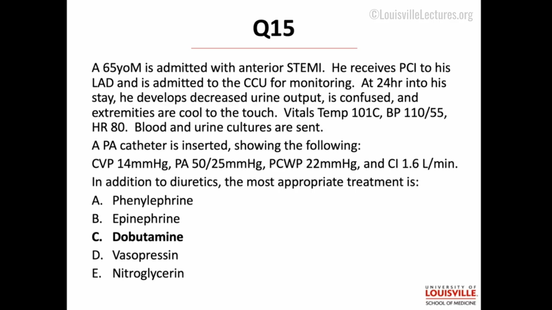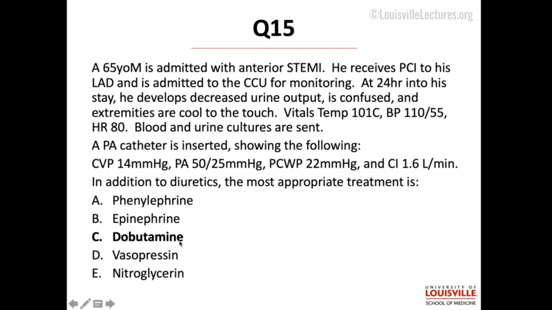All right, so this is a person who has anterior STEMI complicated by some shock. And we know that they have shock by the low cardiac index of 1.6, but even before that, he has decreased urine output, confusion, and he's cold. This makes us very concerned. Blood pressure is borderline, but the heart rate is about 80, okay? So when we see this, we have elevated right and left-sided pressures, the wedge pressure and the CVP are up, and we have the low cardiac index. This person definitely needs diuretics. And then the question is, what kind of inotrope do they need?